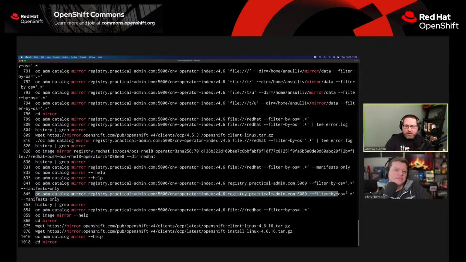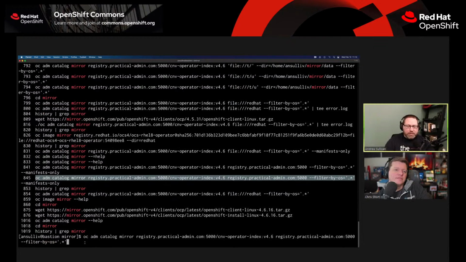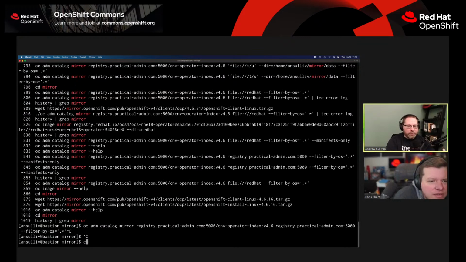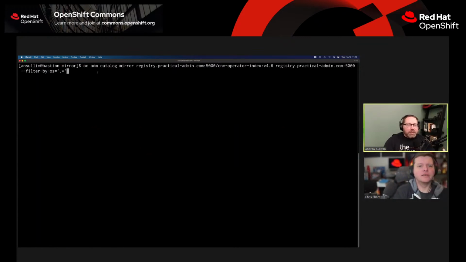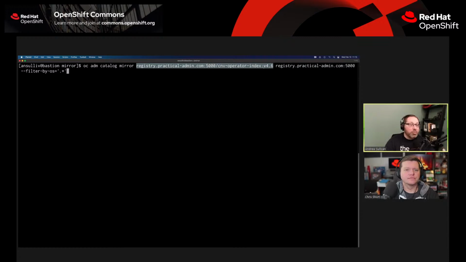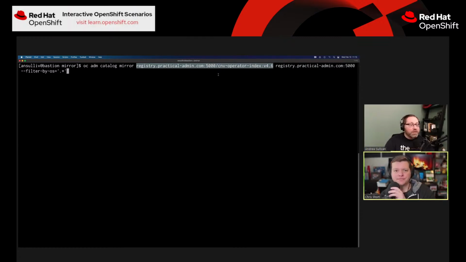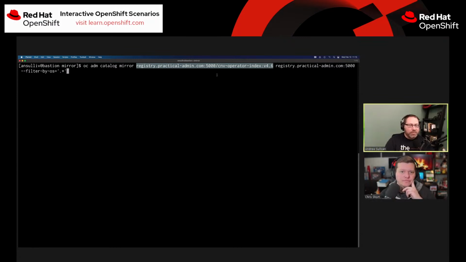So if I were to attempt to mirror this data, and let's make that easier to read by eliminating all the noise on the screen. So I've got my OCADM catalog mirror, my source index image. This is one that I pruned so that it only includes the OpenShift virtualization operator. Nice. Which, by the way, is 549 images totaling 45 gigabytes of data,